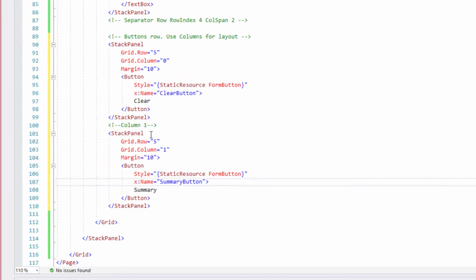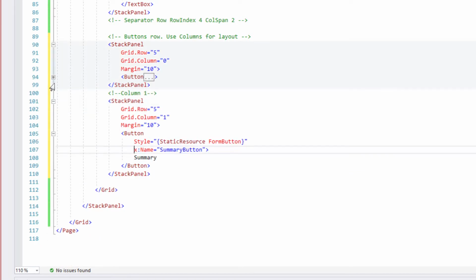Okay, what I've done is I've pasted the buttons in. No surprise, but each one has its own stack panel, and the button which is going to be used to clear is in column 0 of row 5 with a margin of 10 all round. That means if I put just 10, it goes around left, top, right and bottom and does everything with a margin of 10. I've then put the button control in here,